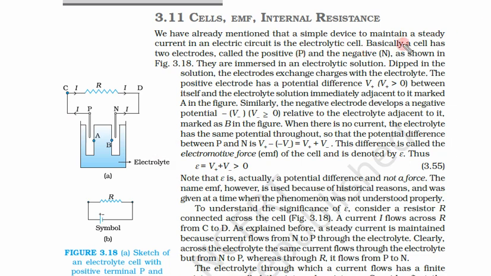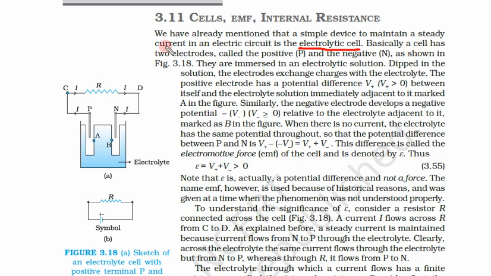We know that for a steady current we need some kind of cell or battery. So this is an electrolytic cell. Why electrolytic? Because we are using an electrolyte, a solution of some kind of salt, in this cell or battery. So what is a battery? When we combine two or more cells in series, that is called a battery. When there is only one, that is called a cell. Cell and battery are the same; the only difference is that a battery contains more than one cell.